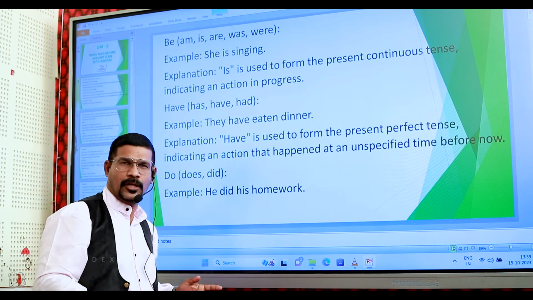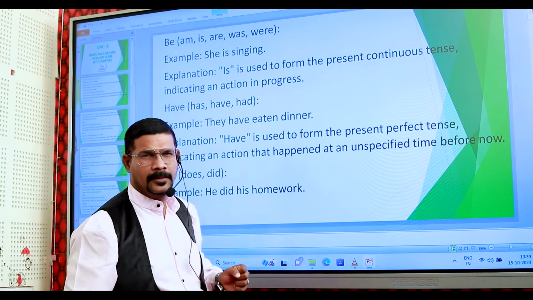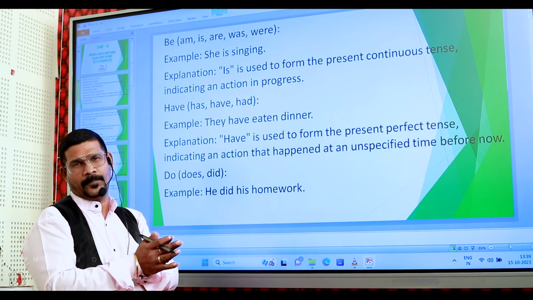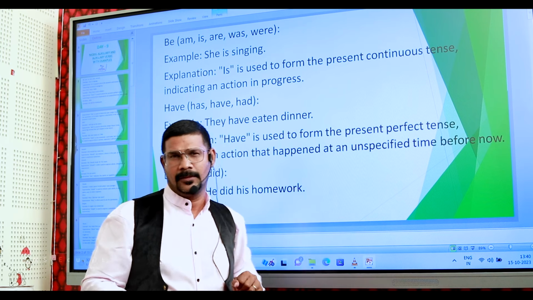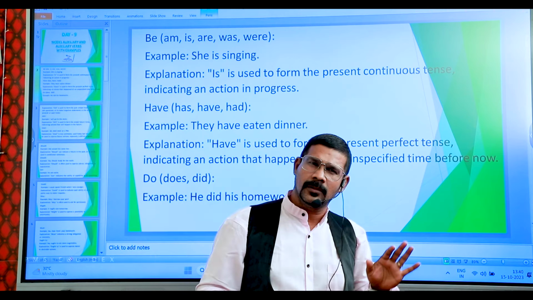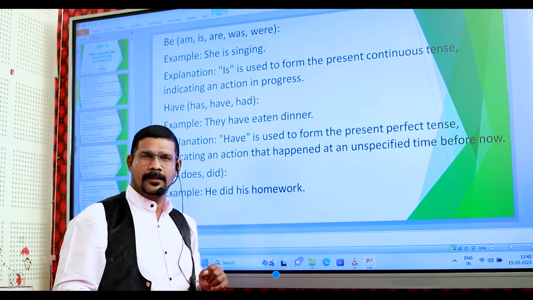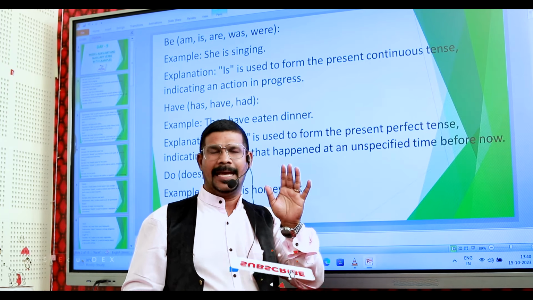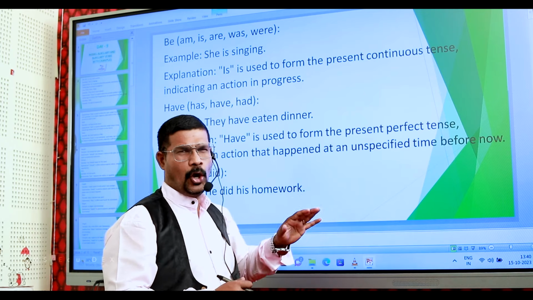First, I'm going to teach you the modal auxiliaries. So what are the modal auxiliaries? Why don't you recall the supporting verbs, the be verbs: am, is, are, the past tense was and were. And the do formation: do, does, and the past did. And the have formation. You learnt about the have formation in the previous video: have, has, and the past tense had. So these are all modal auxiliaries.